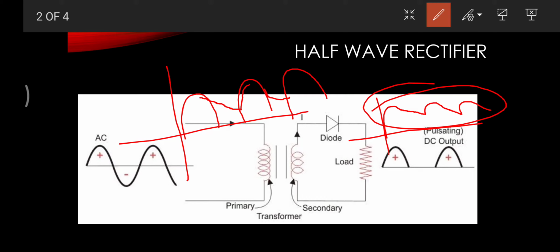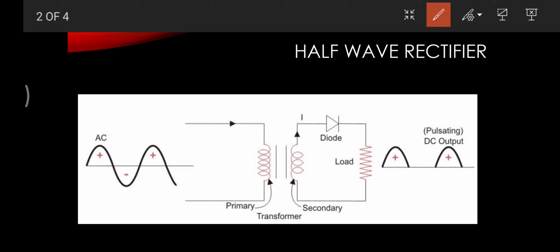However, the output of the half wave rectifier is only 40 to 41%. Why? Because you are not only reducing 50% of the voltage here, but also the diode has some drop around it. So for example, if the voltage you're having here is equal to V naught, the output would be V naught minus 0.7. So the voltage will always be 0.7 volt less than the input voltage. So it would be something like this.